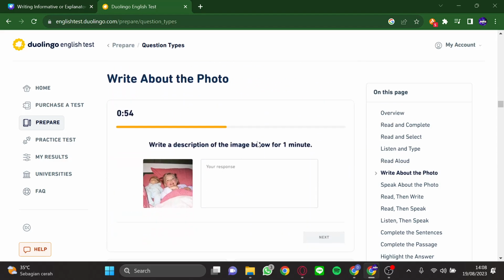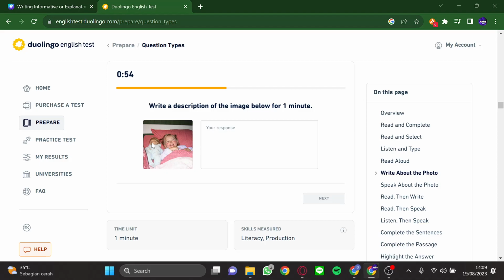So yeah, and then write about the photo. This is basically a writing section. You have to describe the image. I suggest you begin with introduction. For example, this image depicts a little girl in her bed, and then you start explaining about the setting, explaining about the objects, explaining about the expression, and the overall vibe, I guess, of the picture is also fine, and then you end it in a conclusive manner. You might add, there's a doll in this side. These sheets of the bed are red, perhaps conveying a little bit of harmony for the kid to play with,